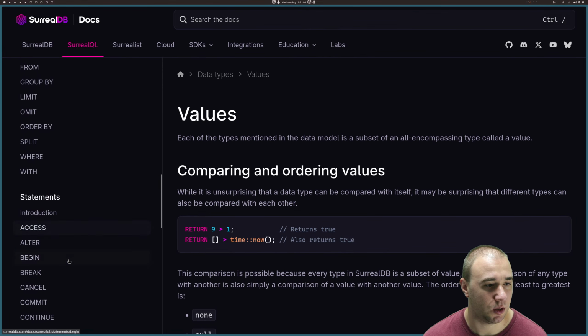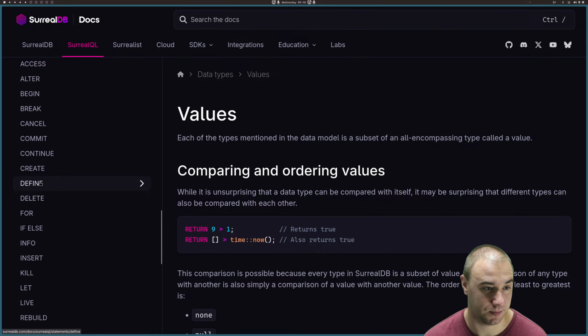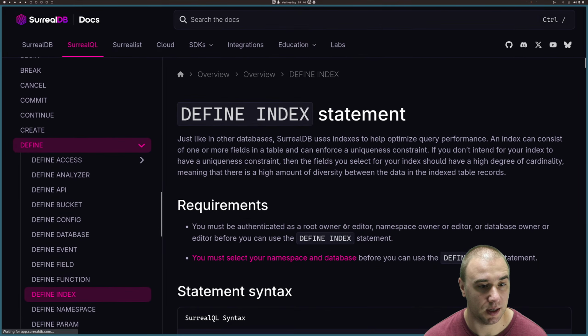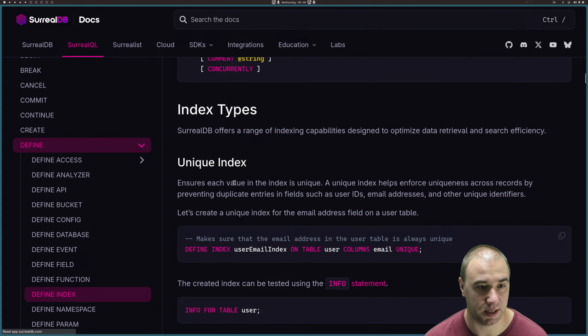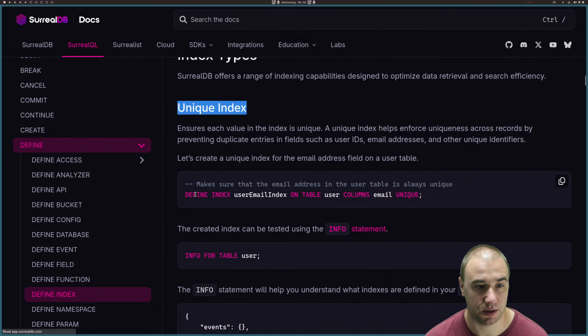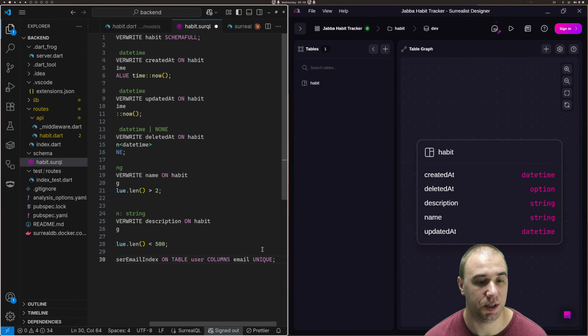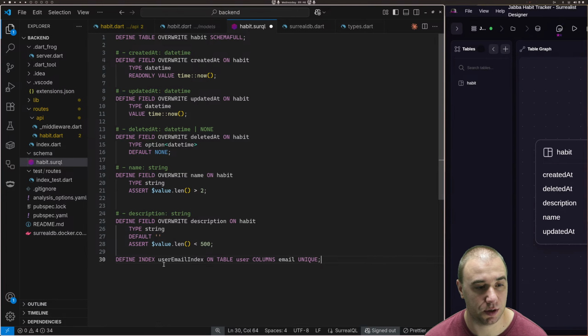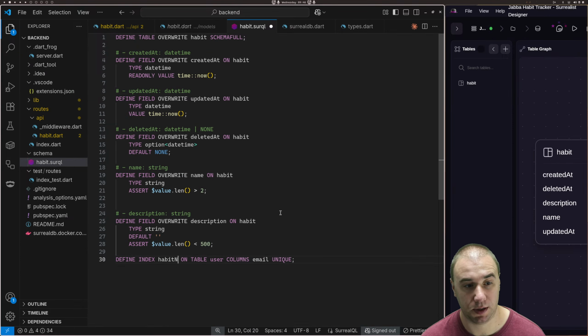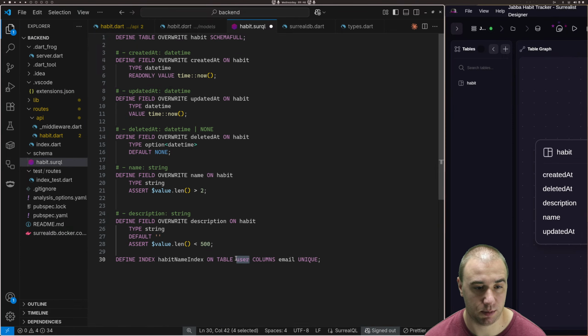So for that, we can look at define index. We have many ways to define index, and one of them is unique. So define index, we just give it a name, on a table user, for example, where email is unique. So this would make sure that every user's email is unique. We can do it here and basically make sure that this would be maybe habit name index, right? On the table habit,